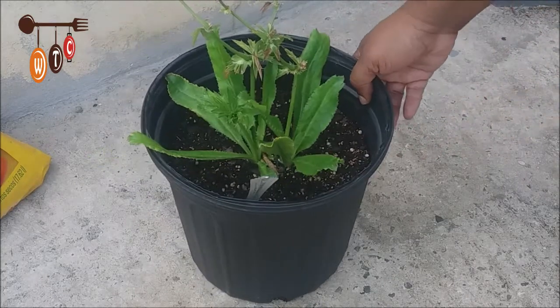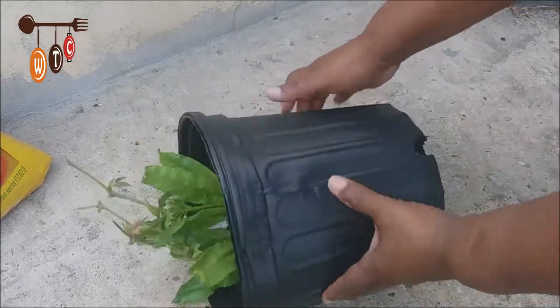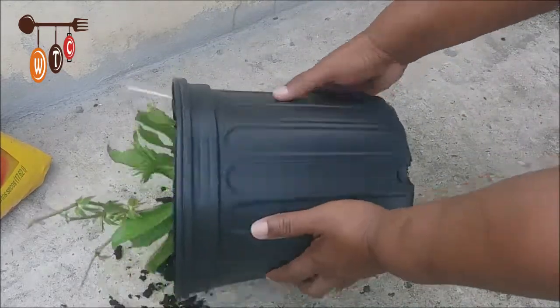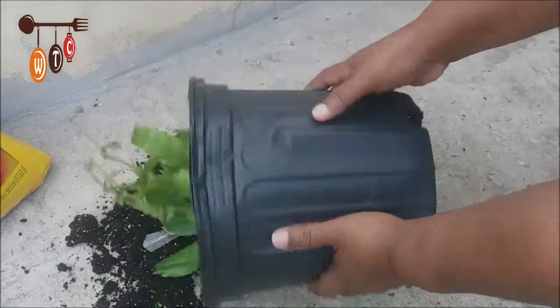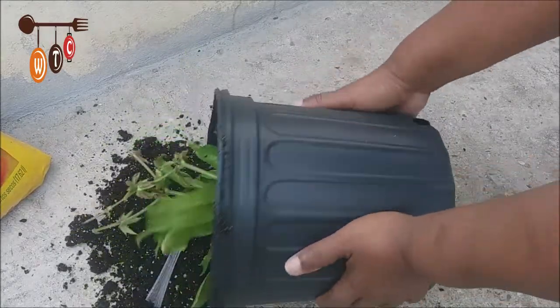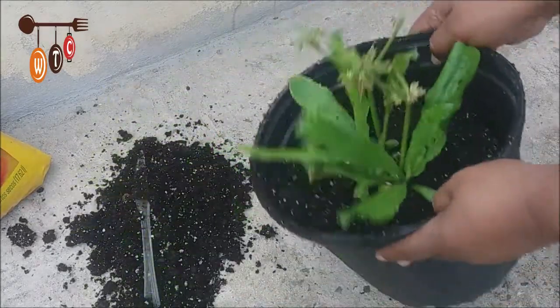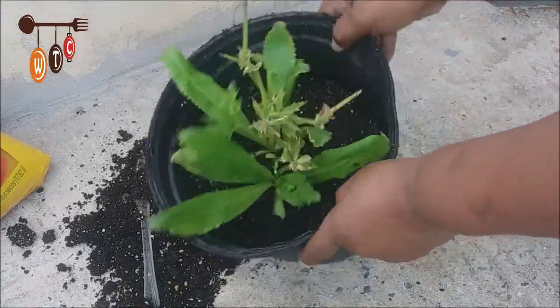So as you can see here, I'll just basically gently shake the pot a bit, apply a little pressure so I can get that to loosen up the soil a bit, right? And you can see the soil is coming out. So I'm basically, like I said, loosening up the soil to get the plant out, right? This is my technique. All right, so when I've done that, now I'll be able to take out the whole plant from the pot,